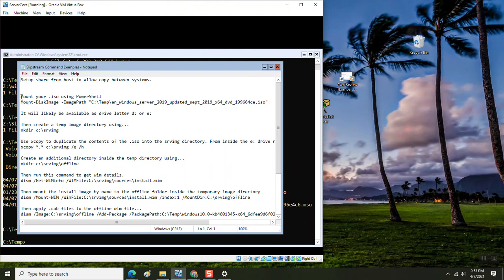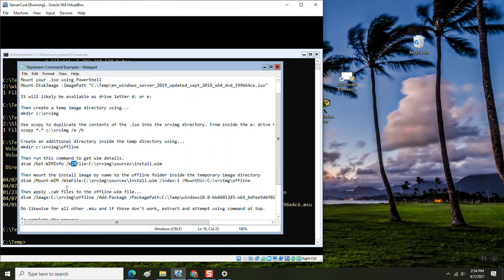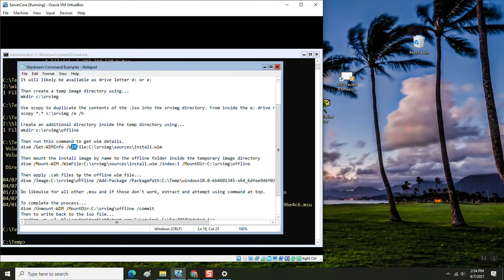The first thing I want to do is to mount the ISO in PowerShell. I have to mount it to create a drive letter, and then I'm going to copy the contents into a temporary offline directory. Then I'm going to use DISM to get the Windows install management file, the WIM file, and then mount that. And then at some point further down, after some additional DISM commands, I'm going to apply the file, actually the MSU file, to